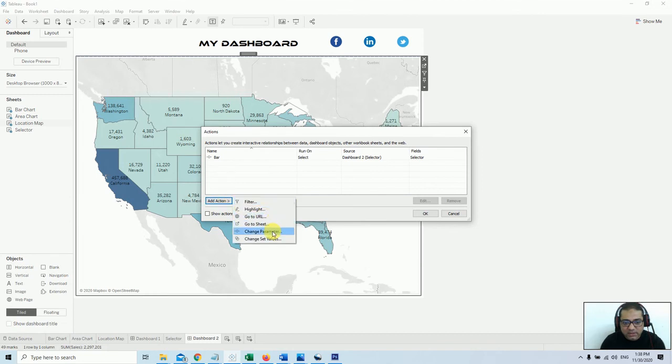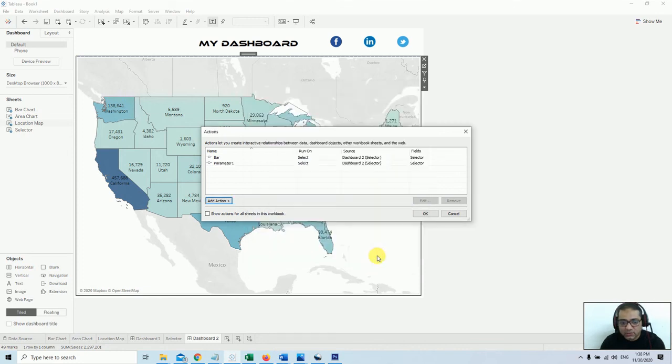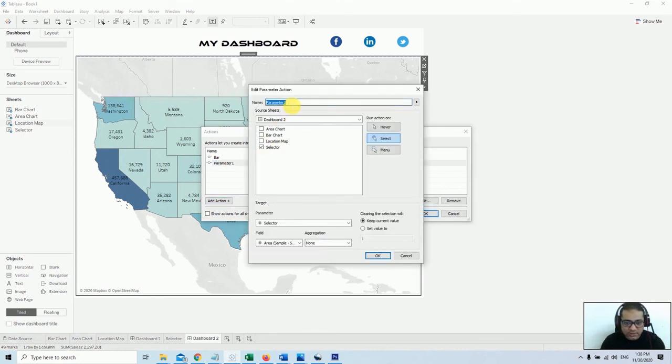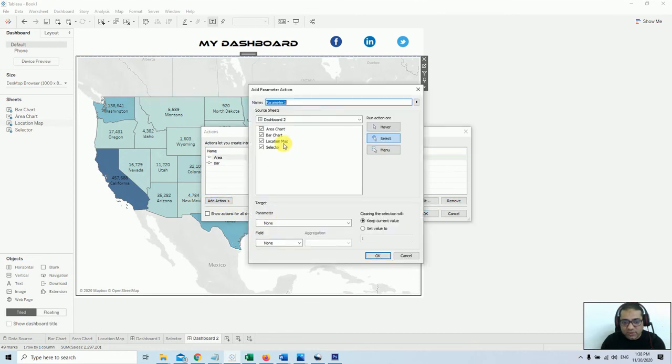Similarly, I add another parameter change control action, and I'll say selector. This time again choose the same parameter, area chart, aggregation none, and I hit OK. This time I just name it area, hit OK. Add another change parameter action. This time I call it map.